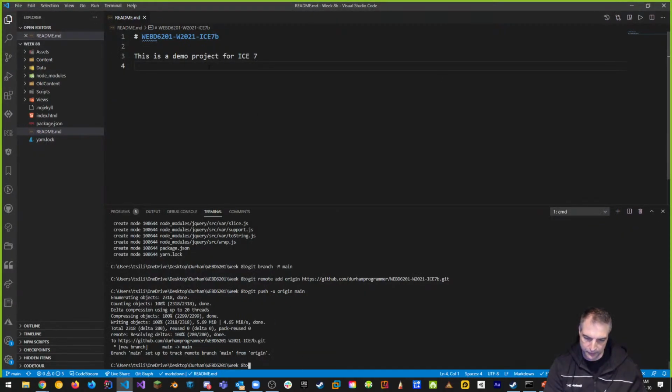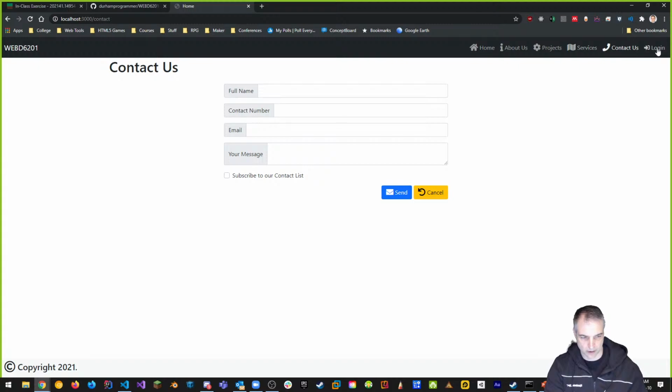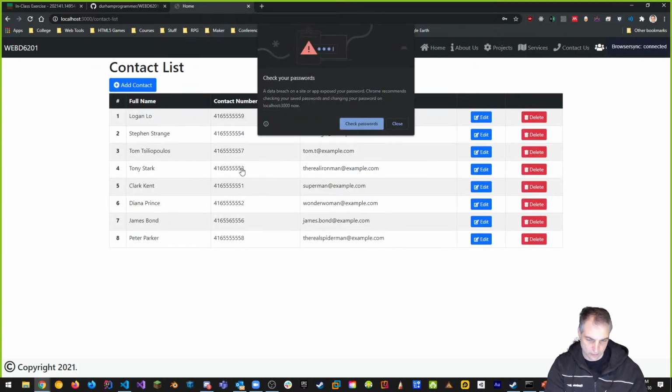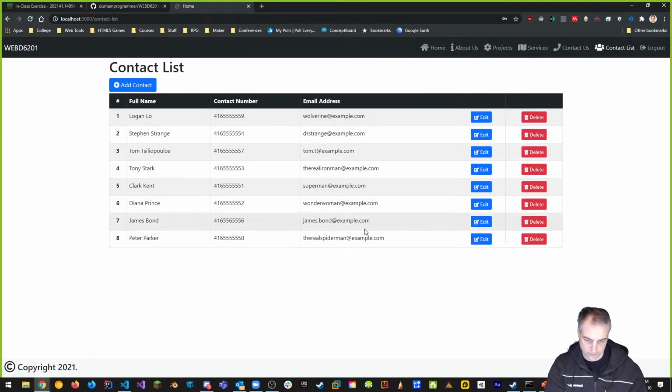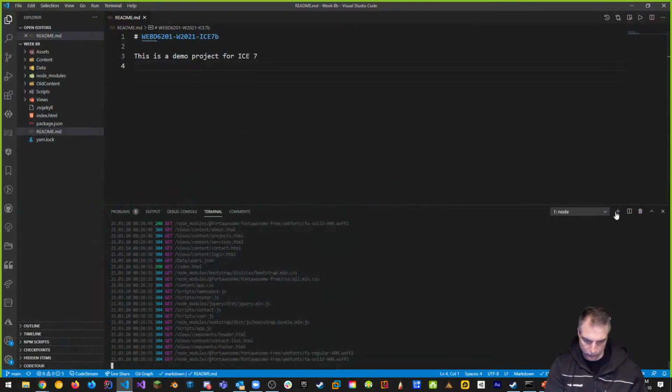All right, so we put this up online. Let's also see where we're at. We're going to do a light server. Right, here's our light server here, and you can see that we're still running the same way we were before. We can log in. This is what we did last time. And once we log in, we get this kind of stuff. This is all good. And what we want to do is do what it said.